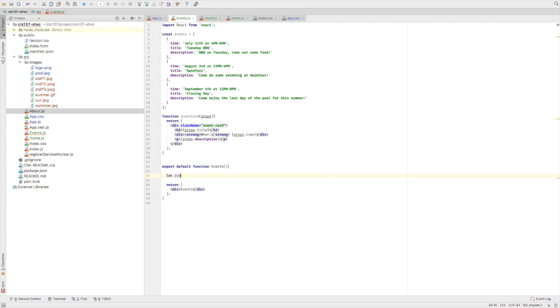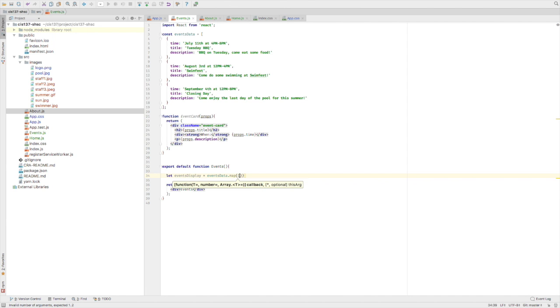So we're going to say let events display equal events. So we have our events array up here, which we call events data, just to not use events too much. So events data dot map,